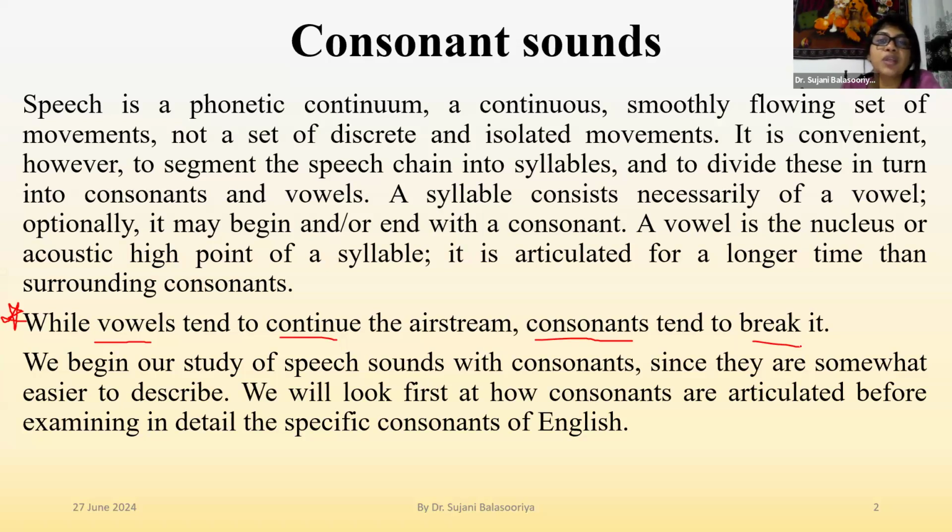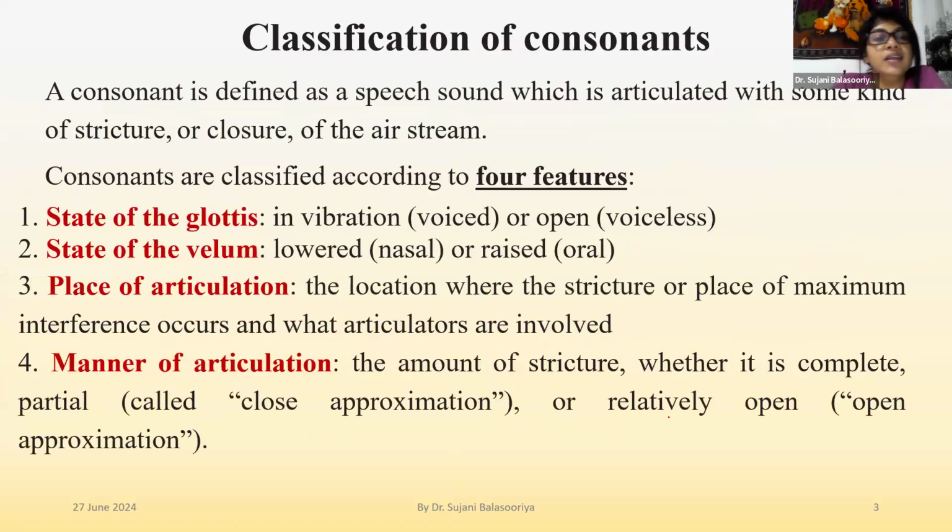Throughout this discussion today, we are going to see how this happens in relation to consonants and in relation to vowel sounds. First we will look at the consonants. When we talk about the consonants, we need to pay attention to the classification. The classification of consonants is quite vast. It has a very big area, a very big sphere. We can identify them based on these features, which you can see in red color on screen here. Four features of the consonants. If I read these red lines, you have the vibration, state of the glottis,